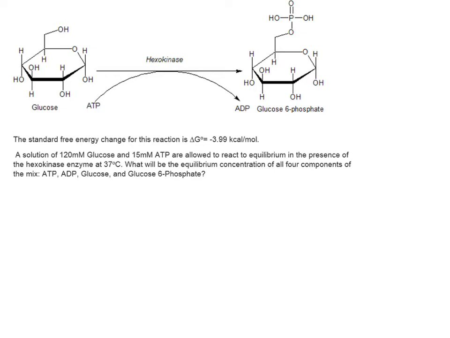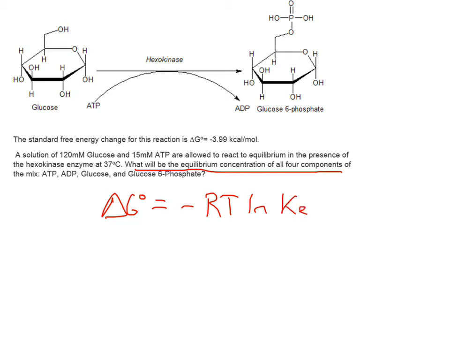Okay. So it's asking for what are the concentrations at equilibrium of all four components. And the key word there is equilibrium, right? So what's going to tell us about the equilibrium? Well, it's going to be KEQ. And so the first thing we want to do is take our delta G naught, convert that to KEQ. Delta G naught, recall, is the negative RT times the natural log of KEQ. In this case, negative 3.99 is equal to negative 1.987 times 10 to the negative third